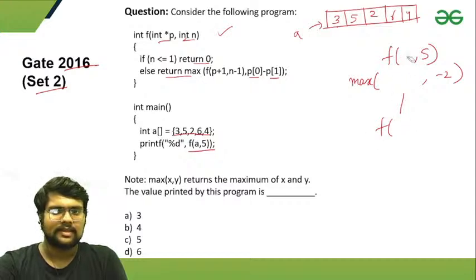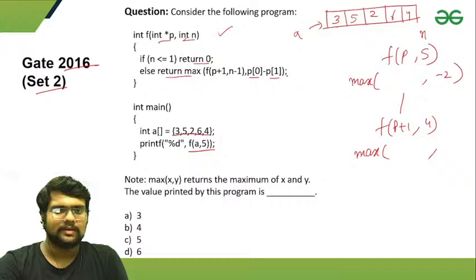So let me take here p only, because when we pass a comma 5, it will become p and n. So it is n. Okay. So p plus 1, comma, and here n minus 1 will be there. So it will be 4. Okay. So now we compute max of